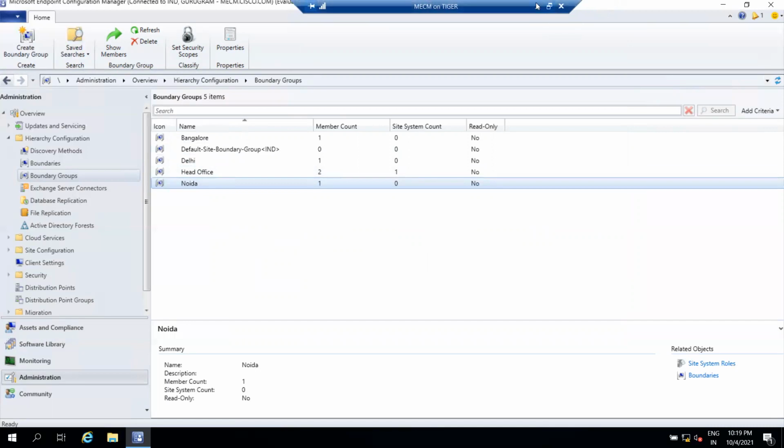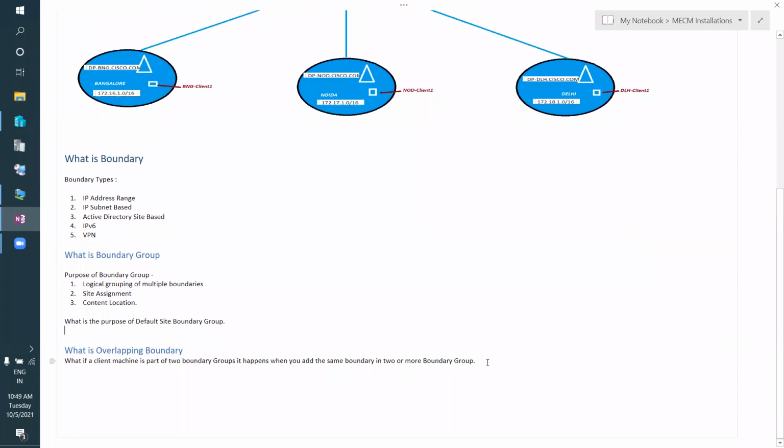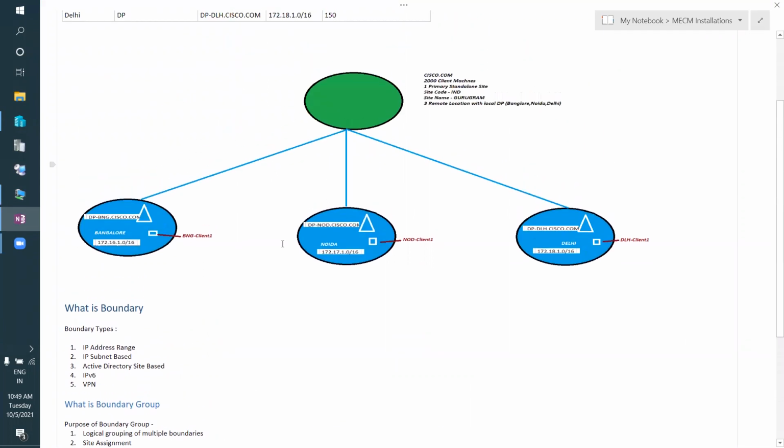So guys, there is one other thing, and that is fallback. For example, in your remote location for Noida, you haven't distributed specific content to the DP, then you can enable fallback.